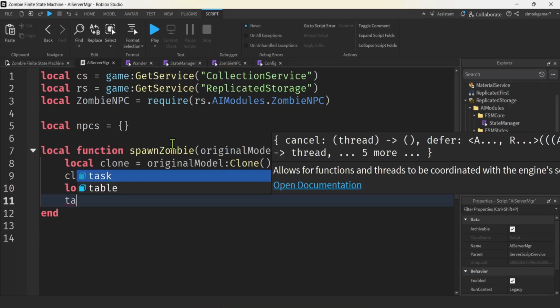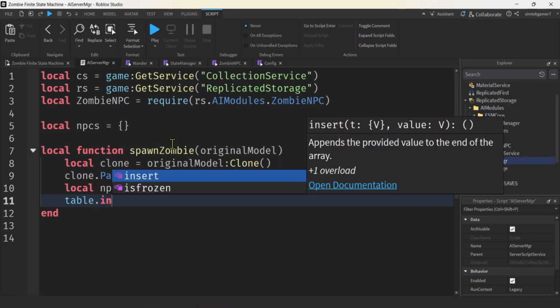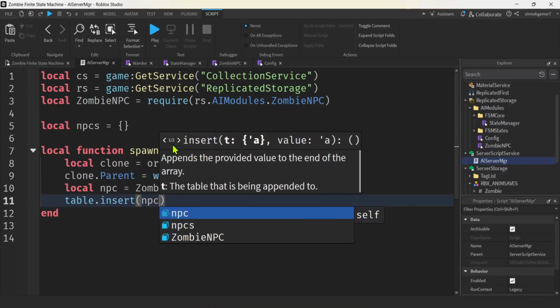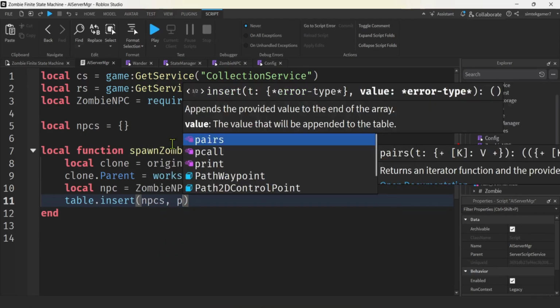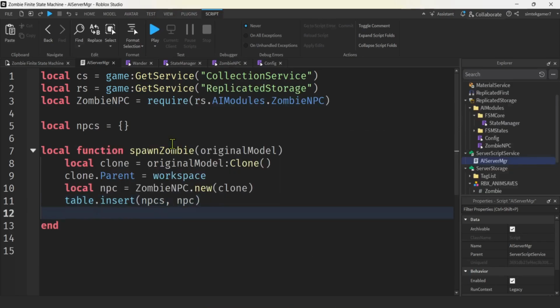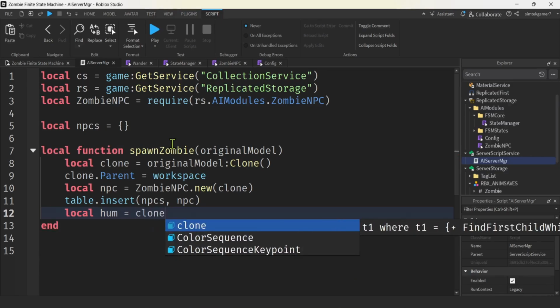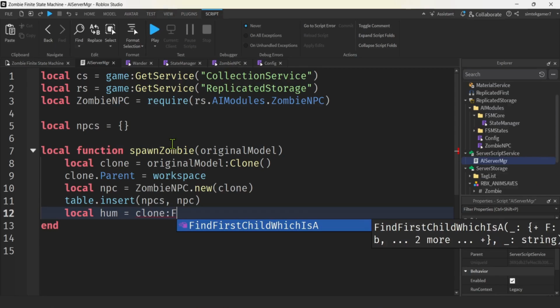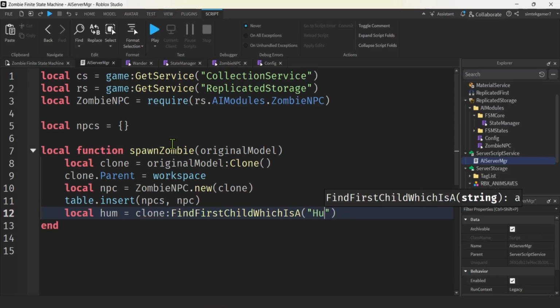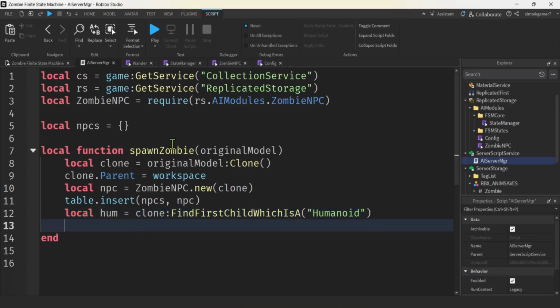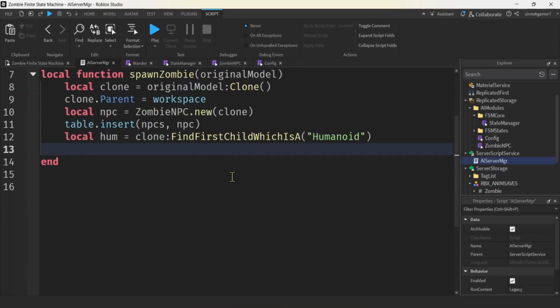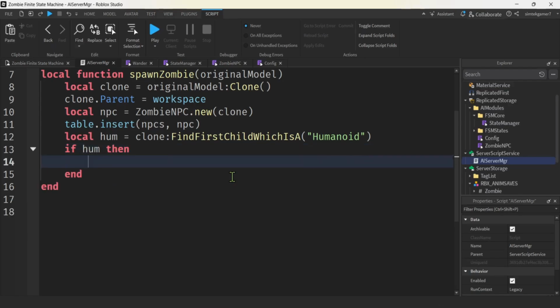And then we'll do table insert to our NPCs table just to keep track, and we're going to put in our NPC. I made those variables a little too close. Local hum equals, let's make it so that it respawns if we kill it. So we'll do the clone, find first child, which is a humanoid. Good. If hum, then